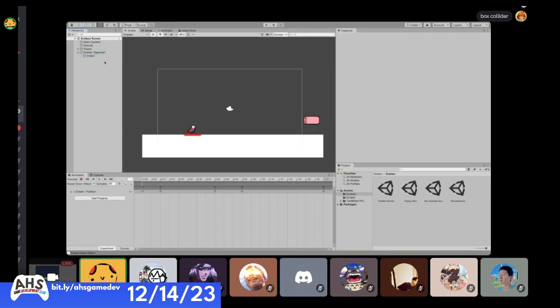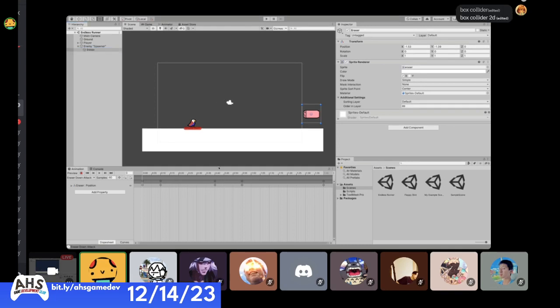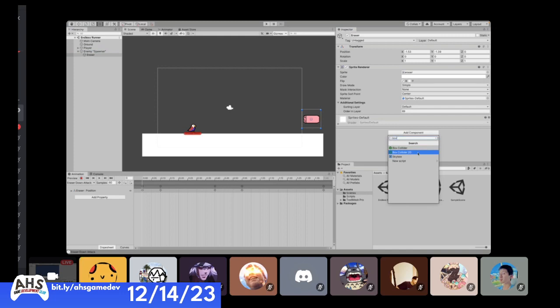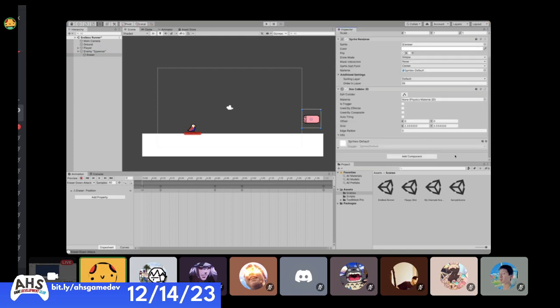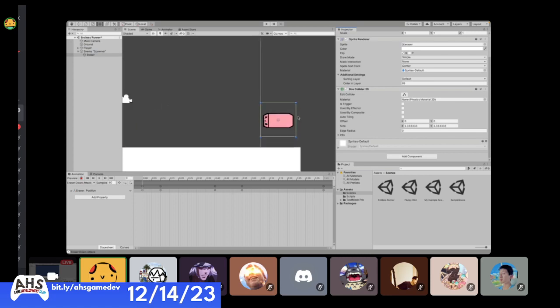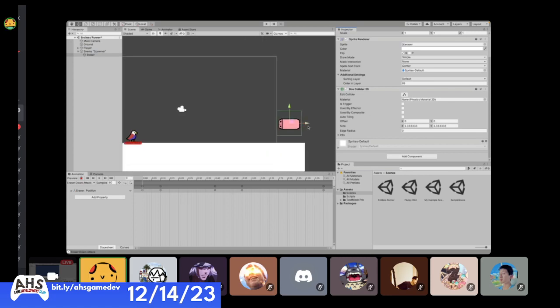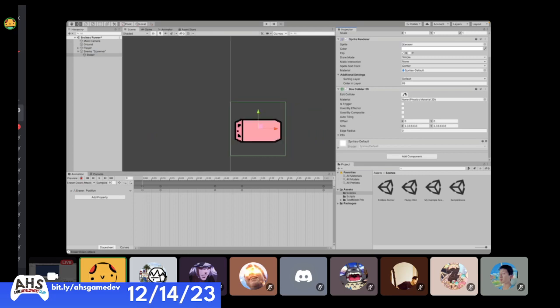So I'm gonna go to my eraser, not my enemy spawner, and I'm gonna put a box collider on it. Box collider 2D, yeah, fixed it. A regular box collider will just make it a 3D box collider. That wouldn't really work in a 2D setting. Let's edit it so that it actually fits this eraser sprite and doesn't make